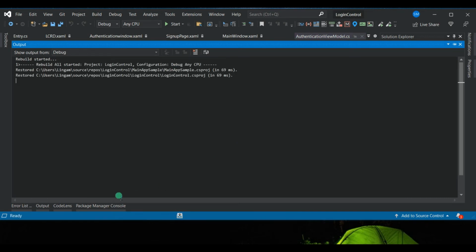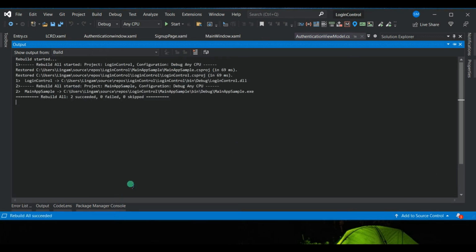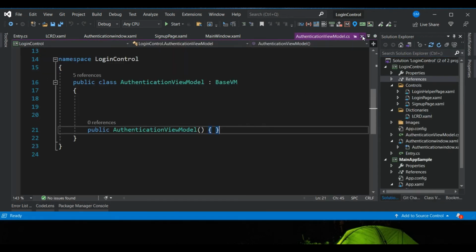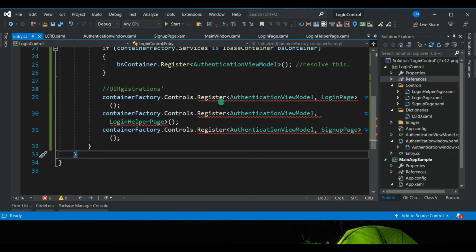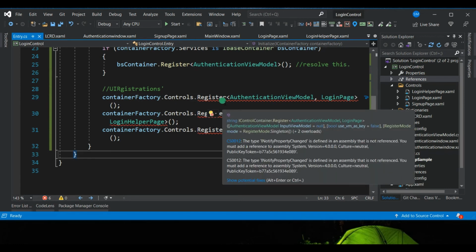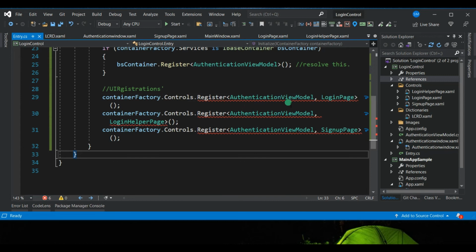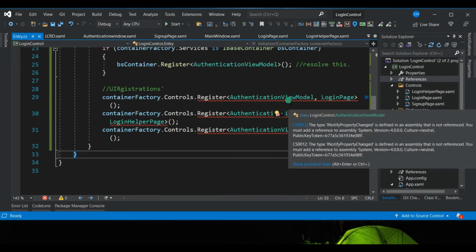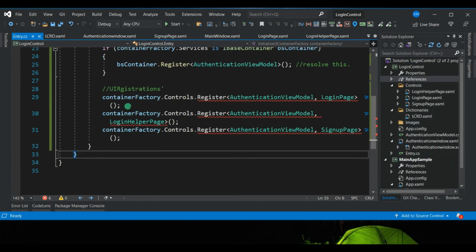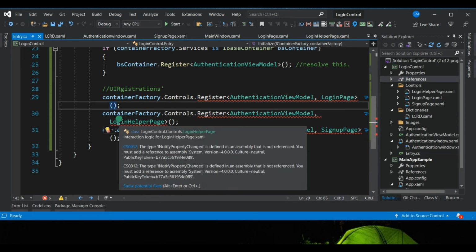Let's rebuild it to see if there are any further errors. Okay, there's no error at all, but still my control wants to say there is an error. Anyhow, first let me focus on this